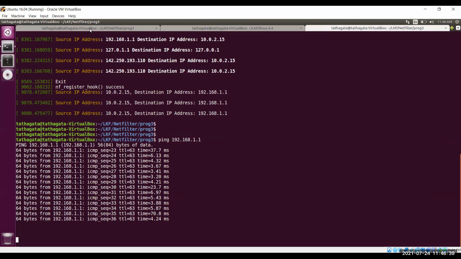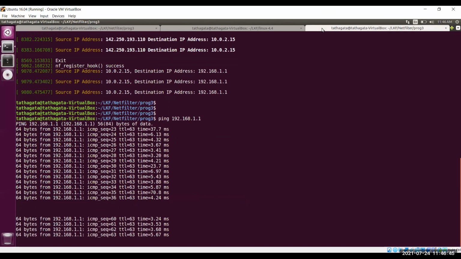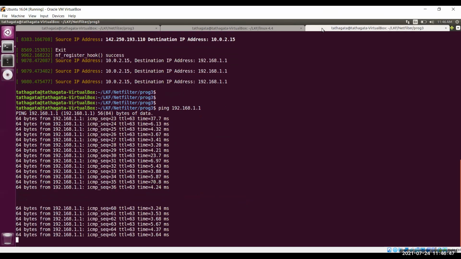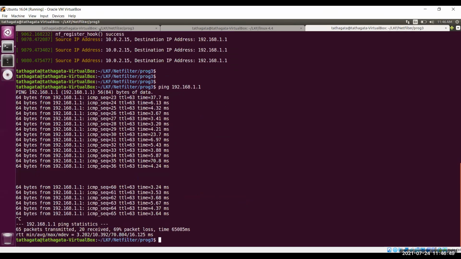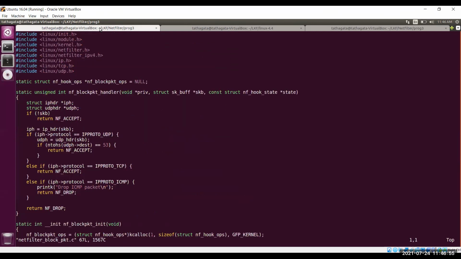Again, if you remove the kernel module, the ping will start working. So I have just shown you the example with the ICMP. As I've told you, you can now inspect the packet, and based on the criteria, you can either drop the packet or accept the packet.